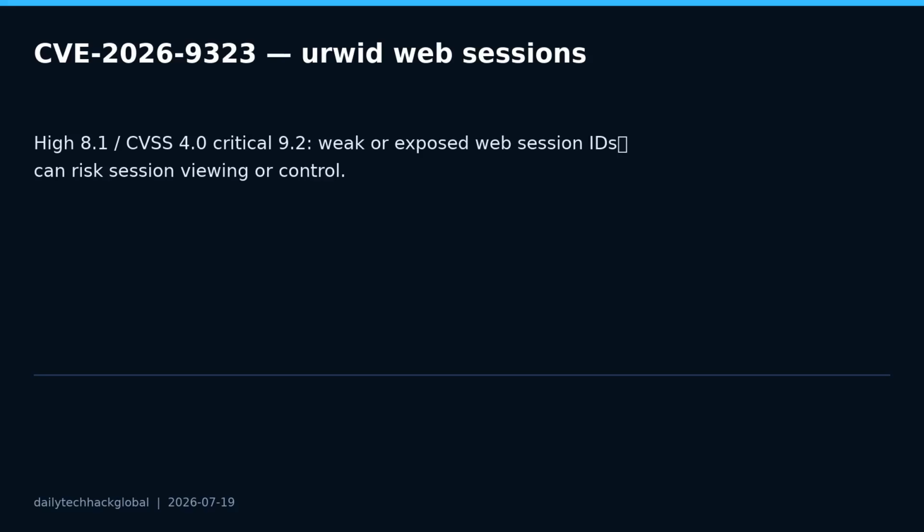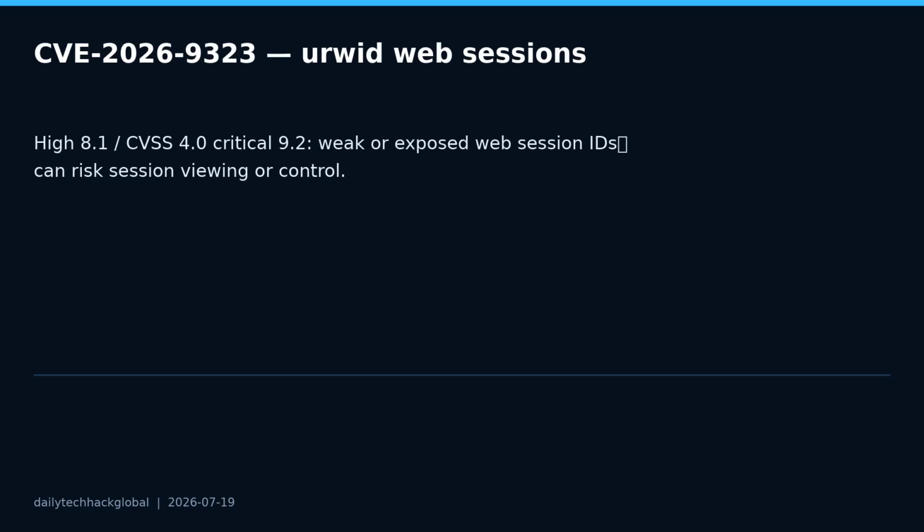Update affected packages. Do not expose the web display backend to the open internet. Put it behind trusted networks, VPN, or strong authentication, and prefer short-lived sessions. Review whether temporary directories, logs, browser history, reverse proxy headers, or debugging output could reveal session identifiers. If the interface was exposed, rotate credentials that may have been used during sessions and check command histories for unusual activity. The broader rule: treat browser-accessible terminals, notebook servers, low-code builders, and AI agent workbenches as high-value infrastructure, not as harmless